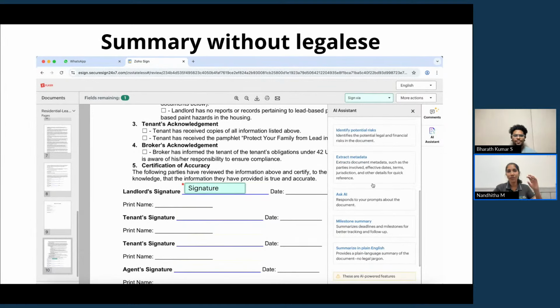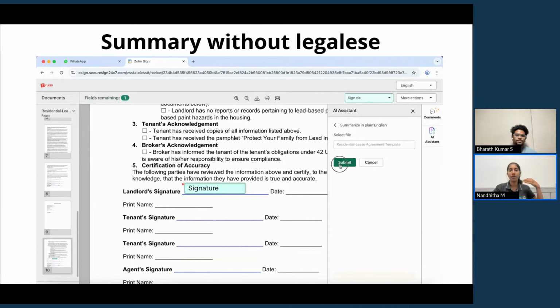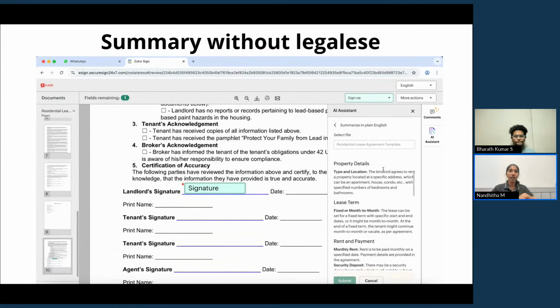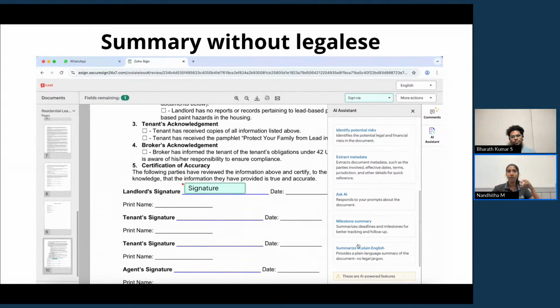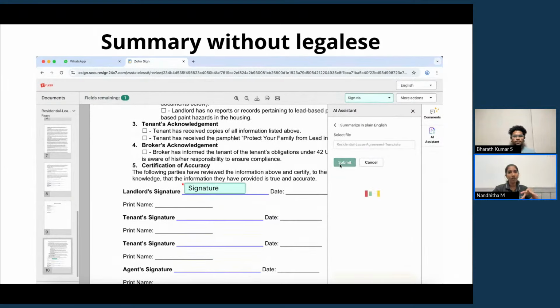So it is difficult for us to understand what is there in a document without seeking legal counsel. And at the first step, maybe that is not quickly available to us. At those times, this feature, especially the one where you have plain English summaries, is really helpful. So I think that adding on to what you already said, having a summary without legalese will help us to simplify whatever content is written, and it sort of democratizes the process, right? It helps everybody understand the content of an agreement without any sort of confusion.